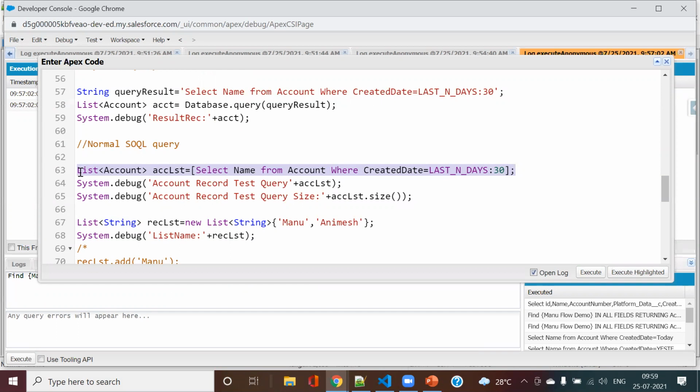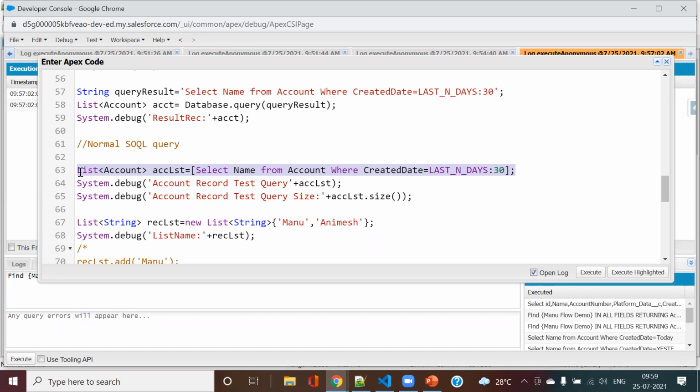Animesh, what is the exact limit for the heap size? Do you remember? I don't remember. I think it's 12 MB something. 12 MB, yeah. So in case you have a lot of these list queries, it tends to give you this heap size problem. In case your transaction is small and you don't have many records or queries, then it's fine. But in case there is a lot of code in a transaction, this heap size could create a problem for you.